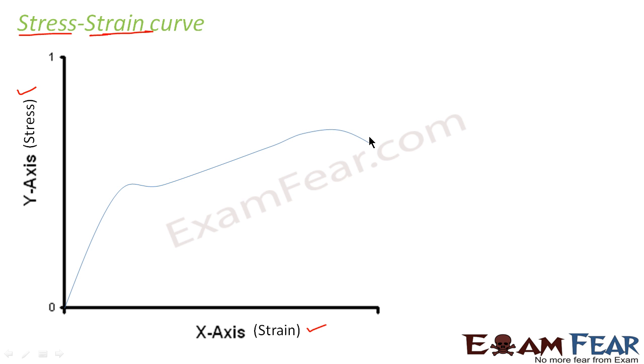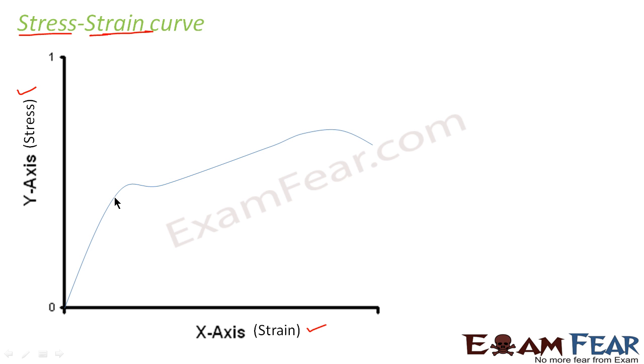So this is a very general stress strain curve we have taken just to explain what it represents. Now if you look at the curve, you see that it starts from the origin, that is O. Let me name the points so that I can divide this entire curve into small parts and explain each of the parts.